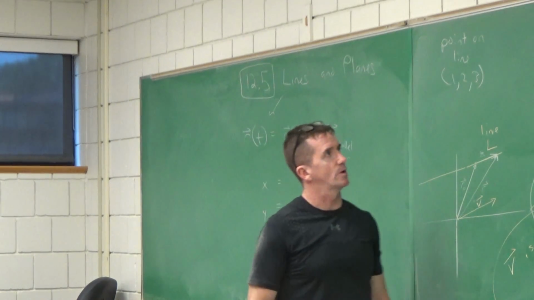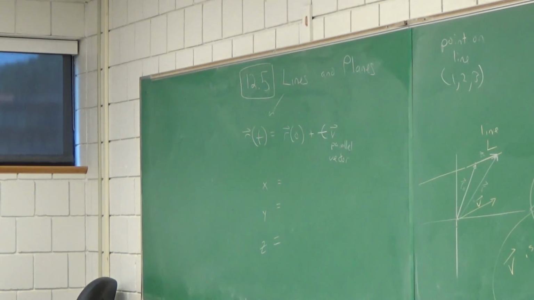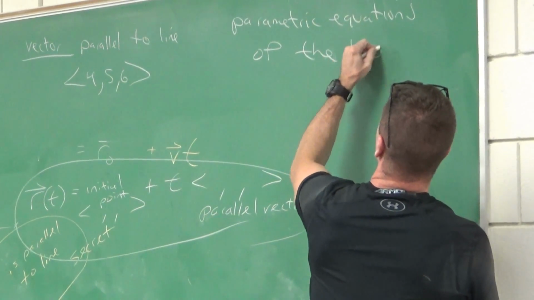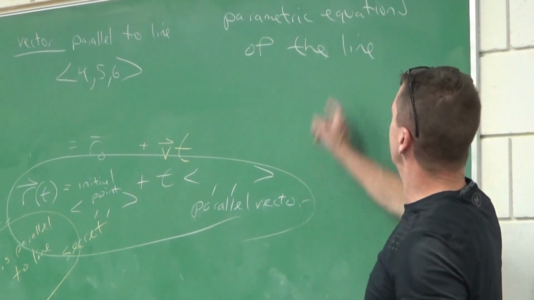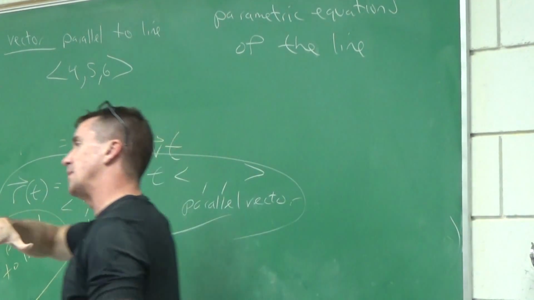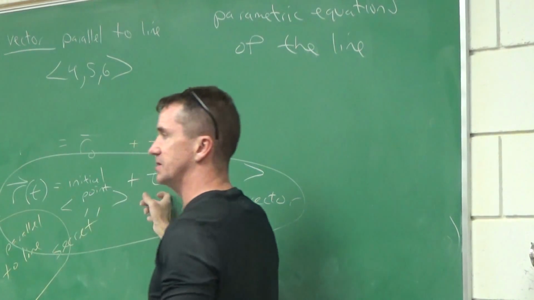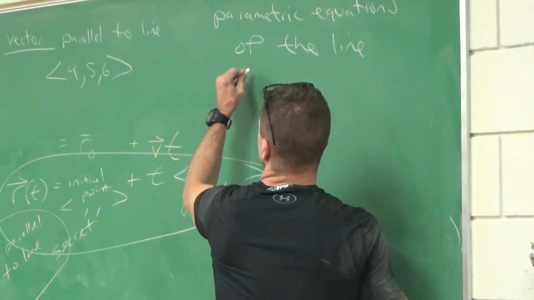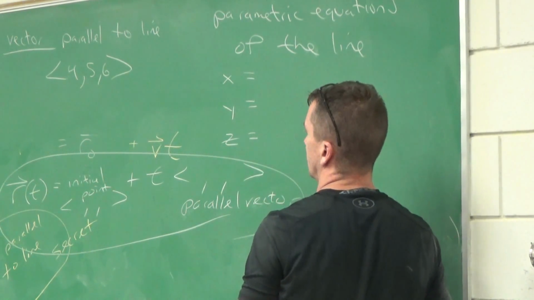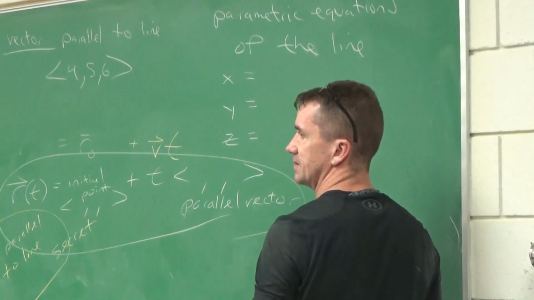But here's another way to think of it. The three parametric equations. These are called the parametric equations of the line. And there's not a typo here. I didn't say equation, I said parametric equations. So if we want to describe that line, because we have this parameter t, we'll talk about what x is equal to, what y is equal to, and what z is equal to. I'll start by writing it as a vector, and then we can write it this way.